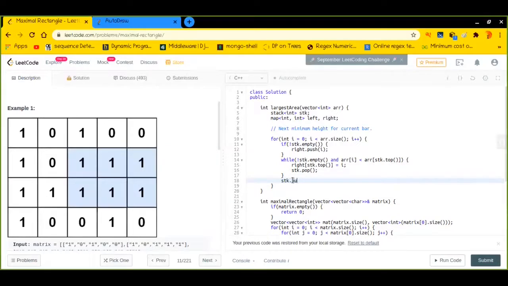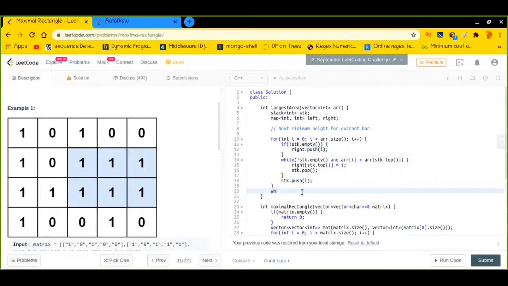Okay, so after coming here, we can push the current element into it, because suppose the stack is not empty. Otherwise, the current element which is coming will not get pushed, right? So that we can do right here. Okay, great. So after doing all this, there may be some elements remaining.